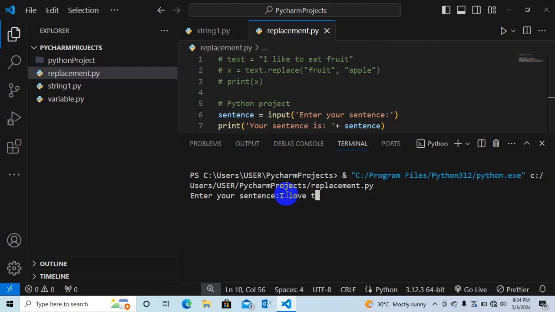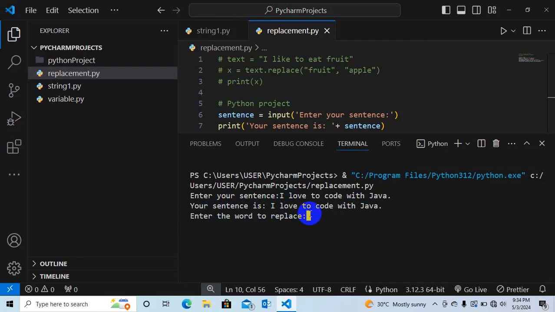I love to code with Java. Your sentence is, I love to code with Java, but I want to replace Java with a different programming language.